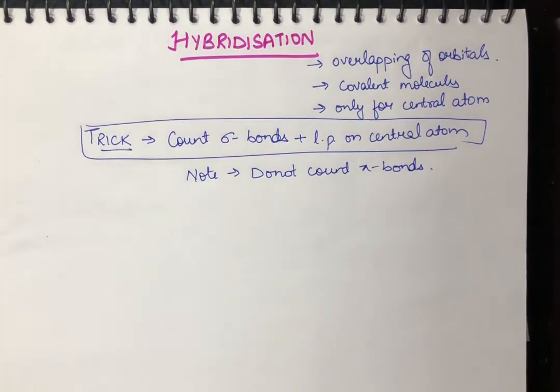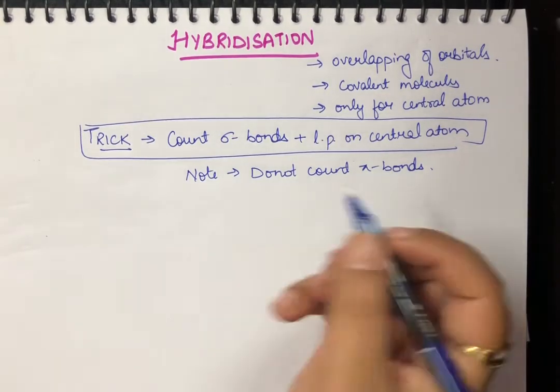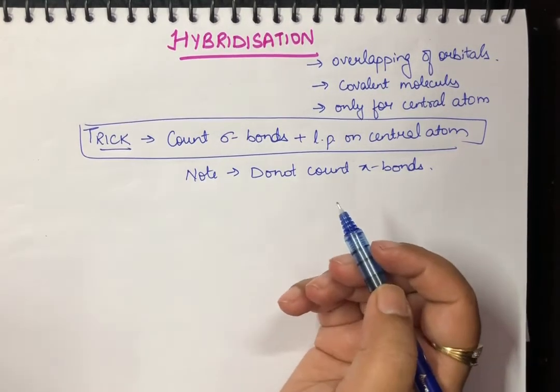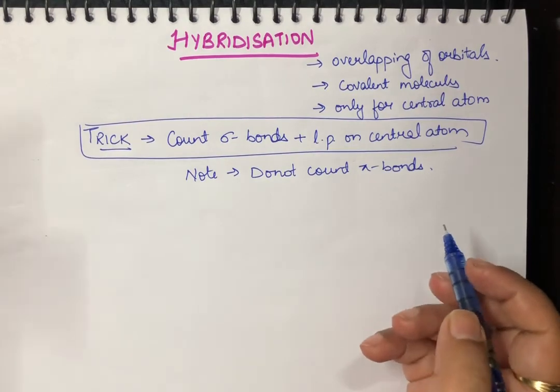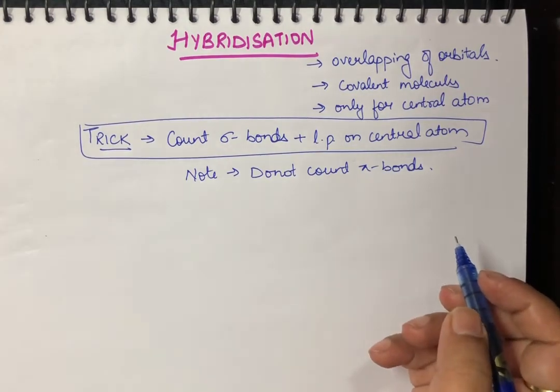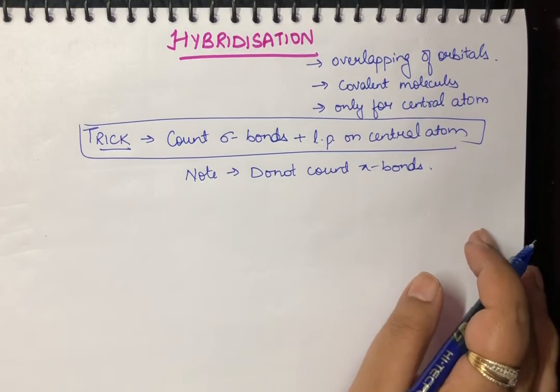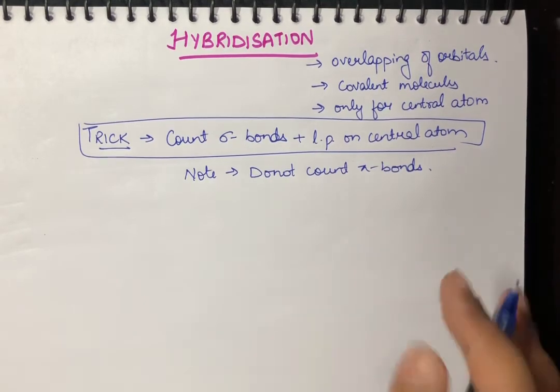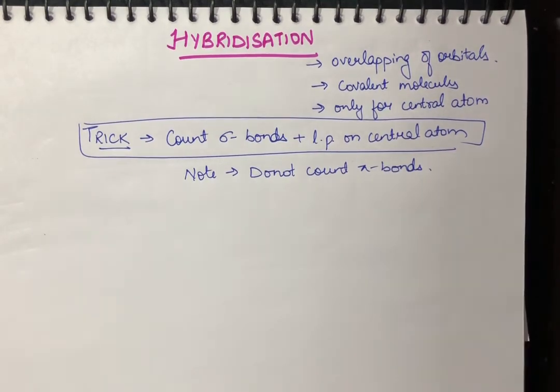And if you want to know what sigma and pi bonds actually are and how to calculate the number of sigma and pi bonds, you can refer to my other video. I'll post the link here. Now, as we all know, till class 9th and 10th, we have studied that covalent bonds are only formed by sharing of electrons. But in class 11th and 12th, we'll be talking about overlapping of orbitals being necessary when you're talking about a covalent bond. There is nothing like sharing of electrons until and unless the overlapping of the orbitals has occurred.